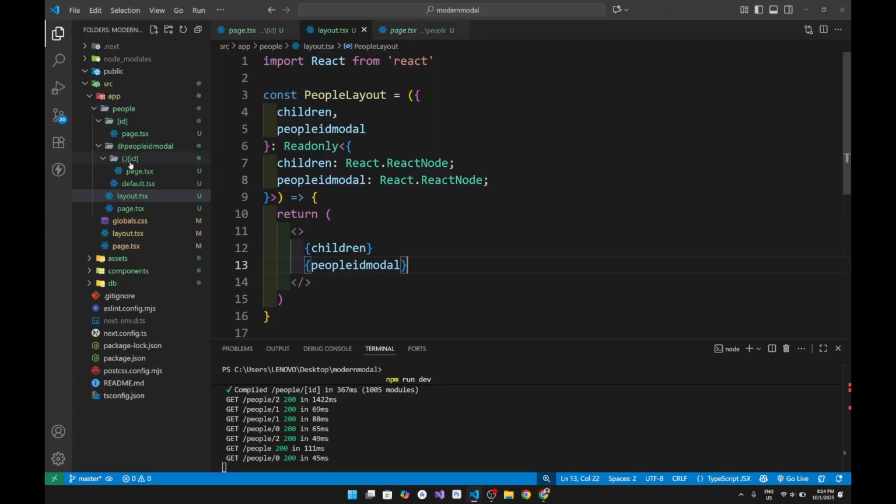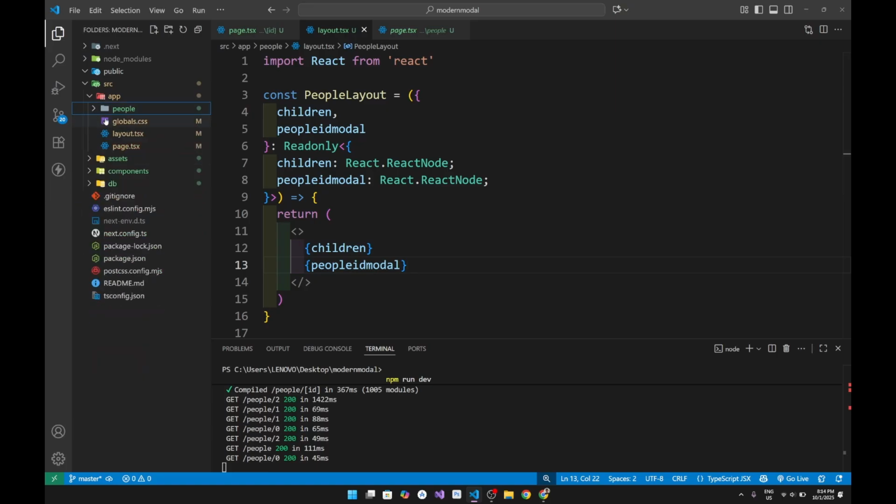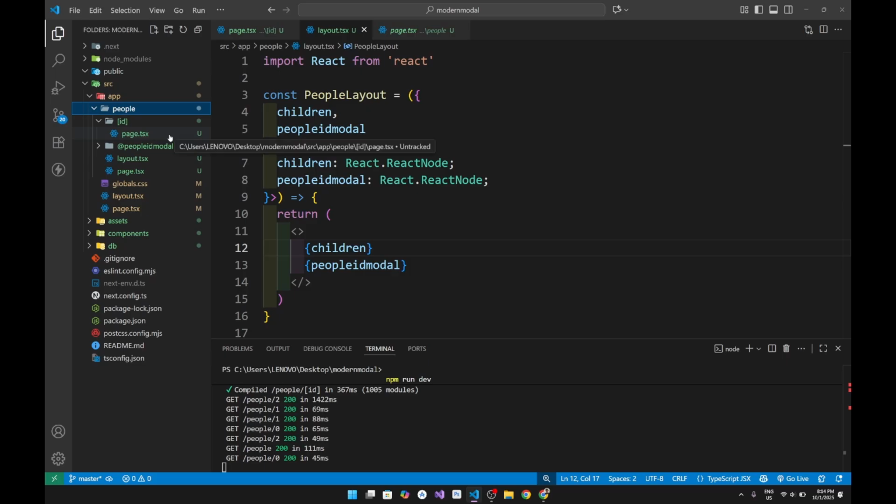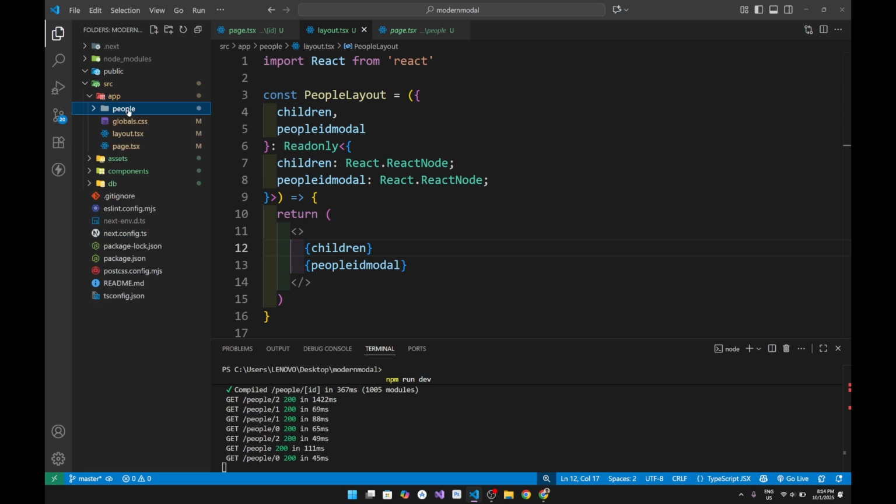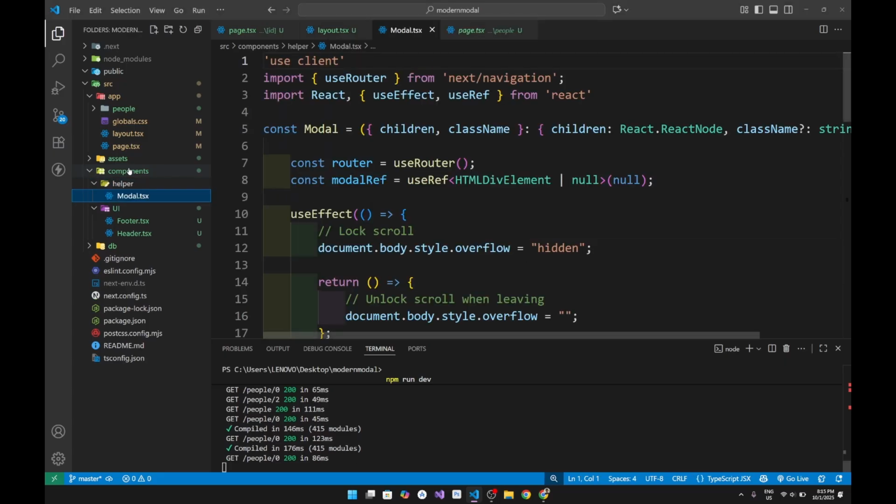So that's why we're going to make a component to show our modals. The code for this modal will be inside my GitHub, so just take it from there and copy it. And don't forget to add a star to my GitHub repo. So come to components. I'm going to name it helper, and I'm going to paste my modal.